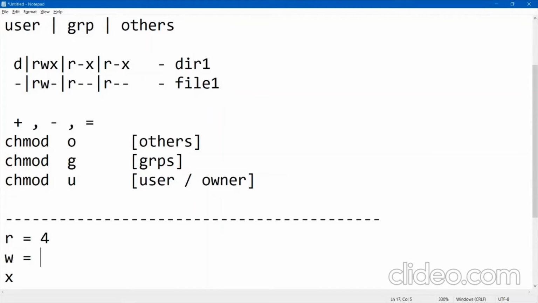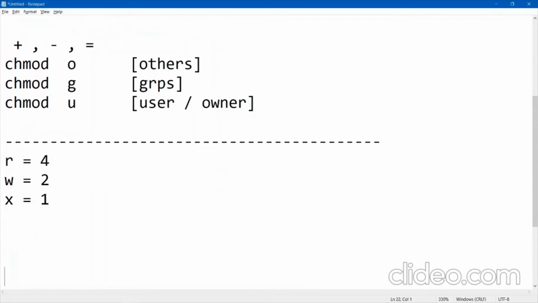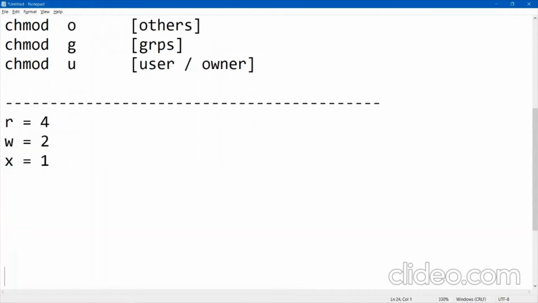For write we have the number that is half of 4, that is 2. And for execute we have the number that is half of write, half of 2, that is 1. So remember, read has the number 4, write has half of read, that is 2, and x means half of write.